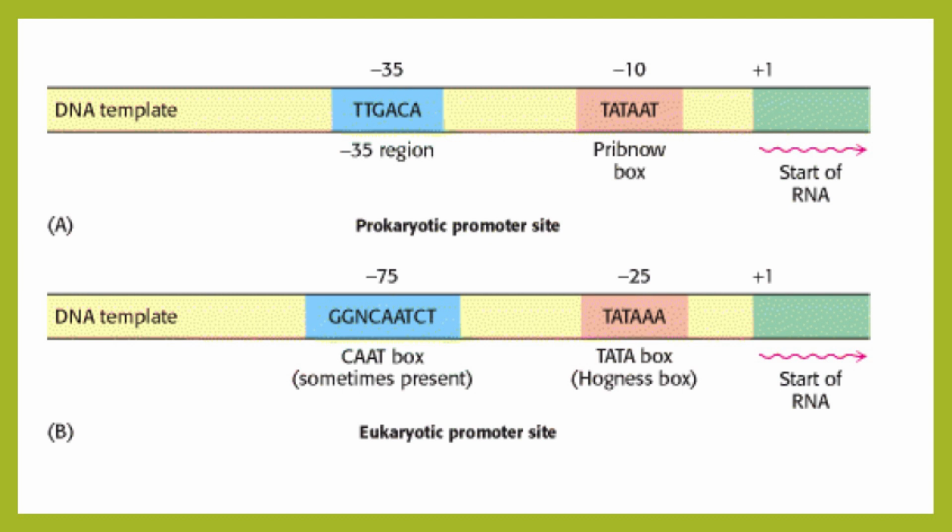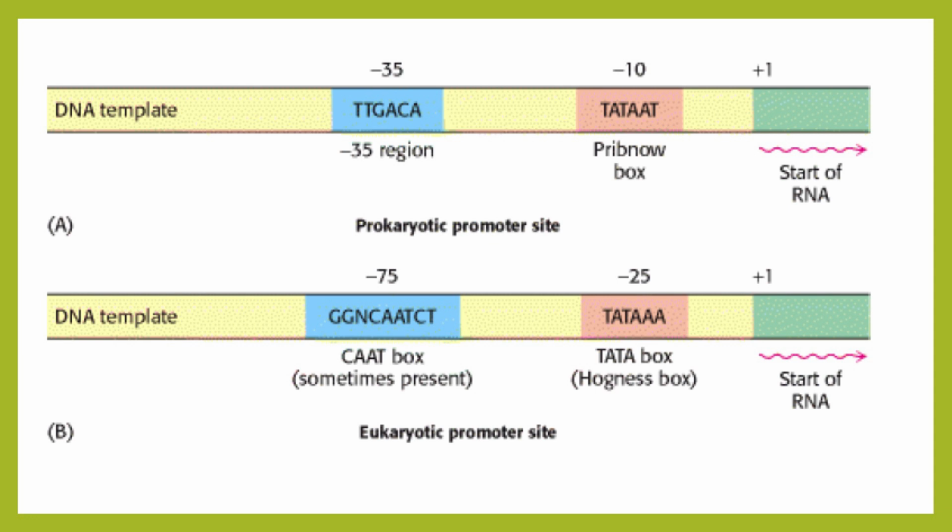Here let me explain what +1 and what -1, -2 and -10 are. +1 is the first base which is copied, transcribed to mRNA, that becomes the first base of the mRNA, and minus is the base that is just upstream of that. So, between +1 and -1 there is no gap, no 0. +1 is the first base to be transcribed, -1 is the first base upstream of that.